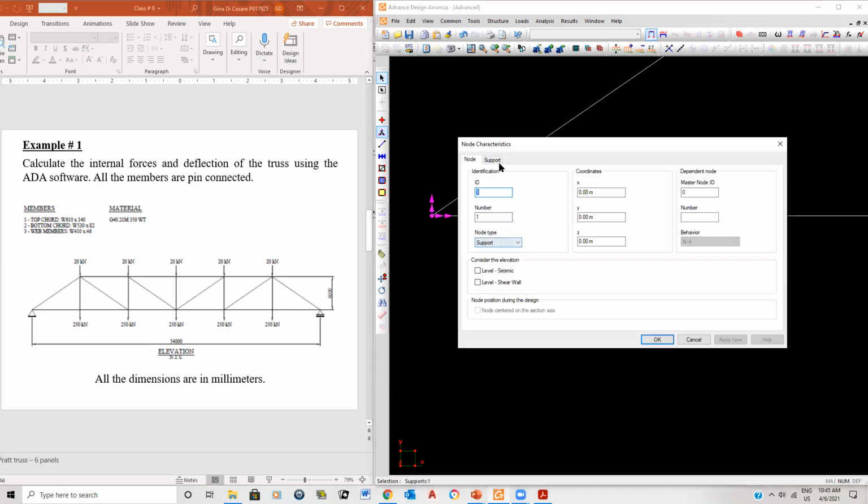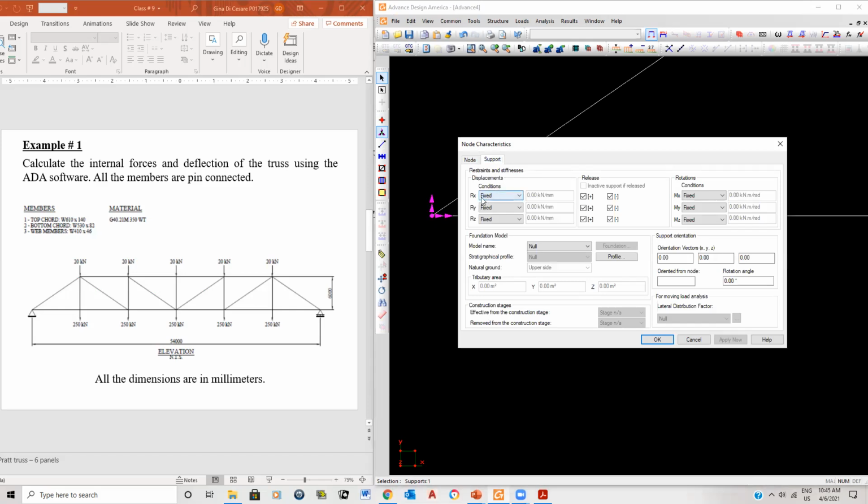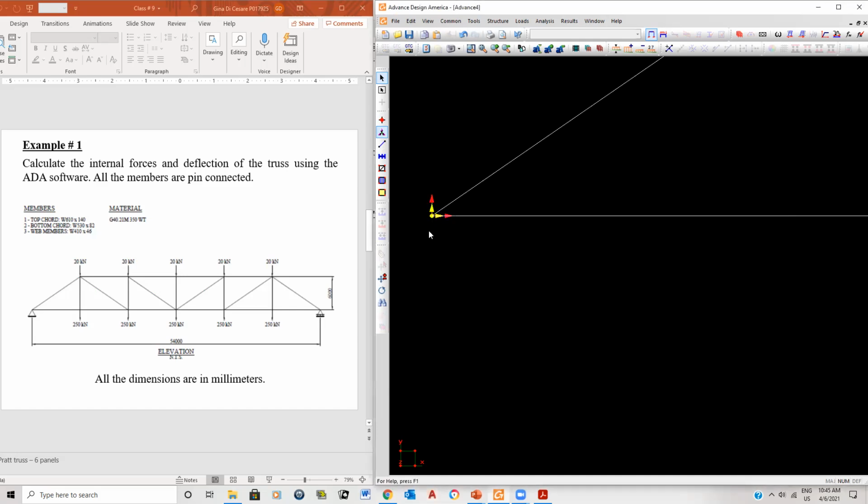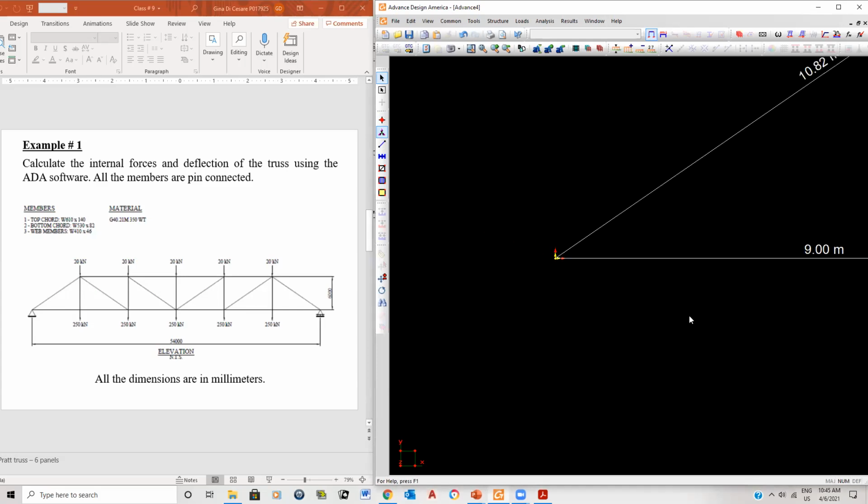and I'm going to change it. I want to keep that fixed. I still want that yellow, I still want that yellow, but I want to free it with respect to the rotation, and therefore I put free here, press OK, and now it's become yellow. That means this is pinned. And then if I do the other side,